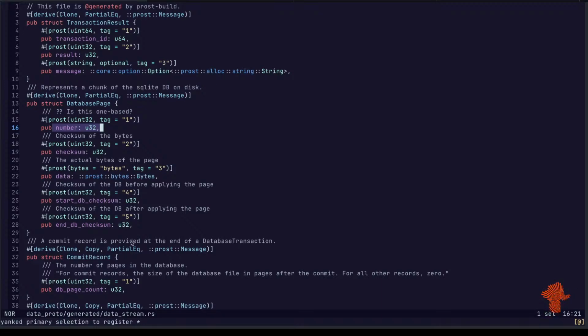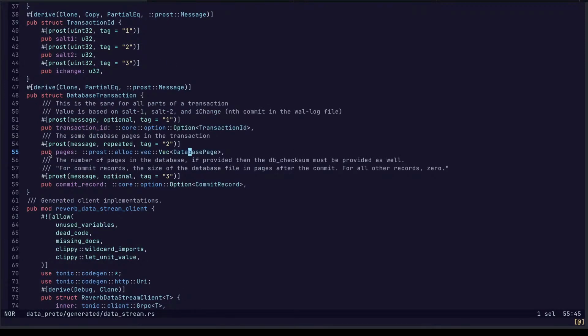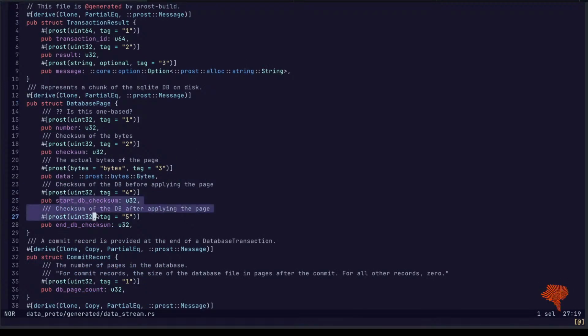Basically, we want to produce a number of these. We also need to have transaction ID. So transaction ID, many of those, and possibly a commit record. Now, the piece I keep coming back to in my mind is generating the checksums, because I don't want to hit the database lookup and the hashing for every single one. It's definitely a premature optimization here.